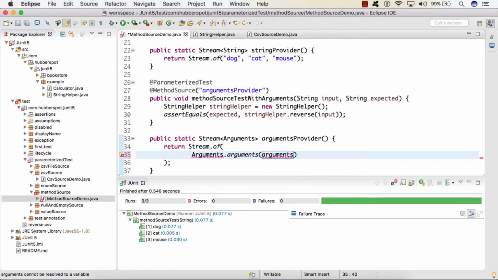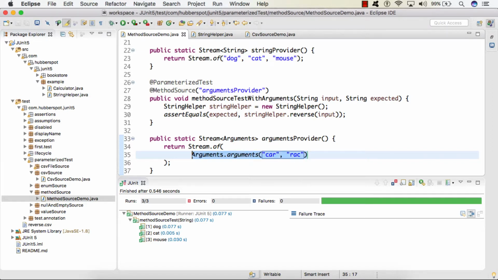So here let's say I provide the first argument, which would be our input, say car, and when we pass this car to our reverse method, we are asserting it with an expected value, let's say rac, which is the reverse of car. So this is our first argument to @ParameterizedTest.